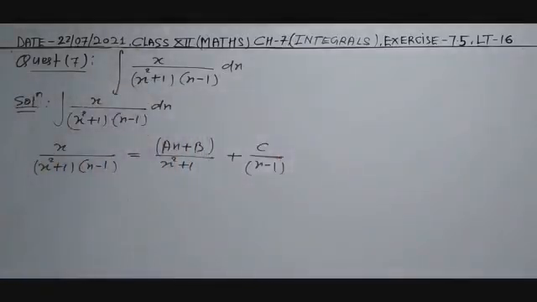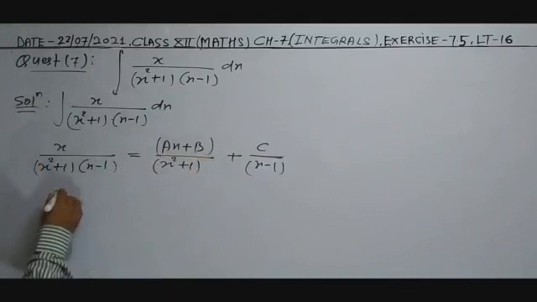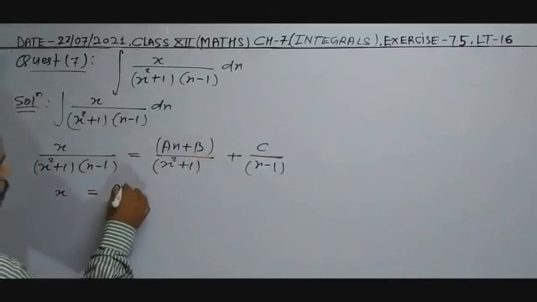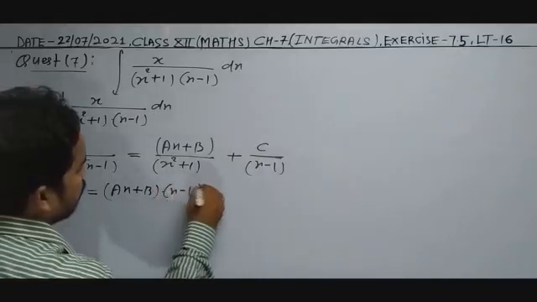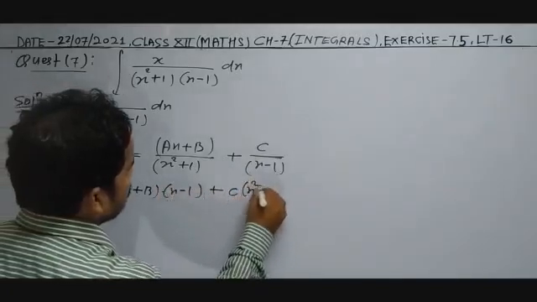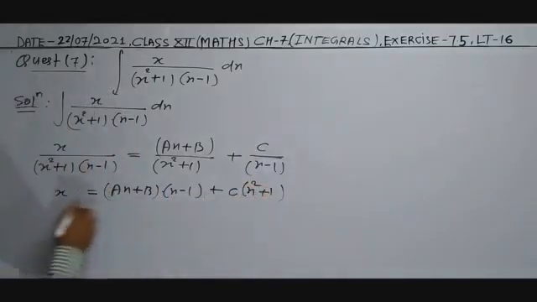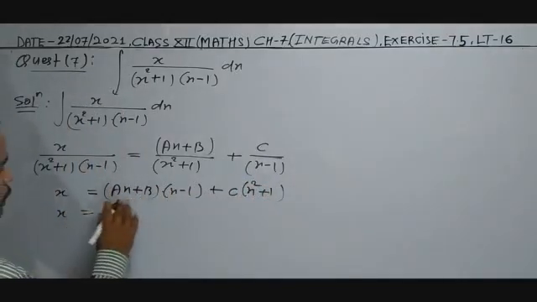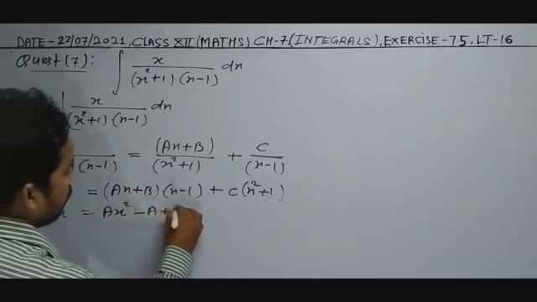Consider I have split. Now you will take the LCM of this expression, and the result will be a x plus b times x minus 1 plus c times x square plus 1, and multiply this part. So the result will be a x square minus a plus b x